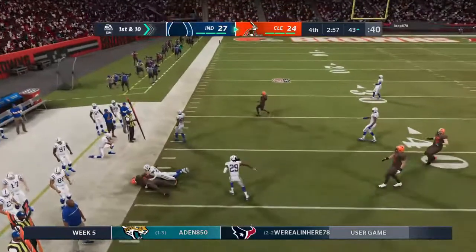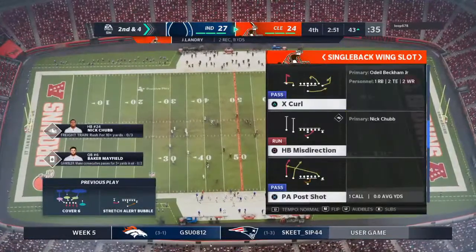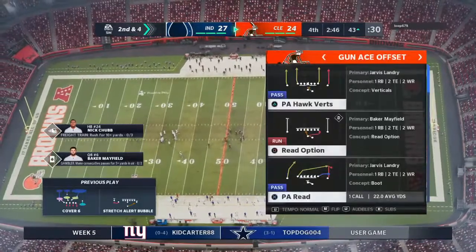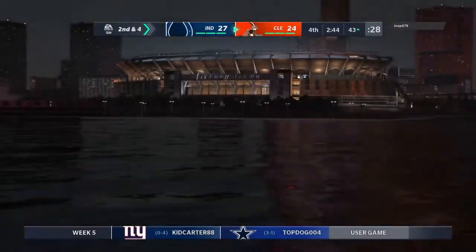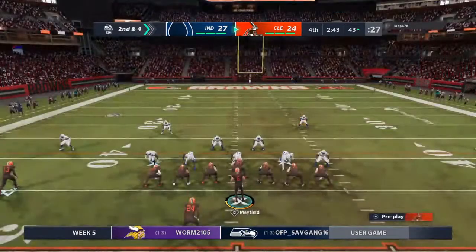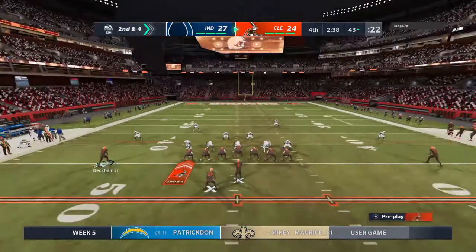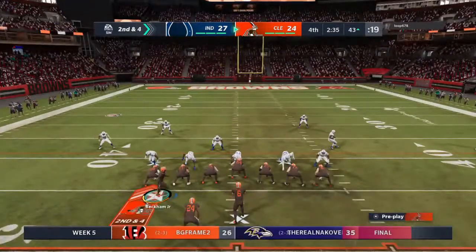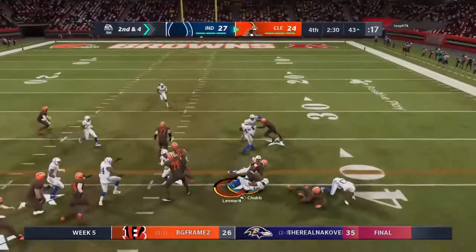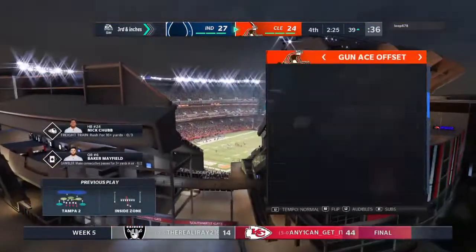Mayfield with a quick fire to Landry. And a 6-yard gain gets him right around the 43. A gain of 6 there on first. Brings up 2nd and 4 at the 43-yard line. Line of scrimmage, the 43 on 2nd and 4. They give the Chubb out of the gun. They give him about 4 on the play, but he's marked short, so it'll be 3rd and about the length